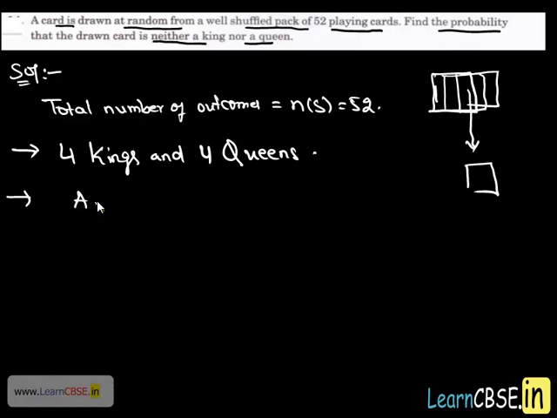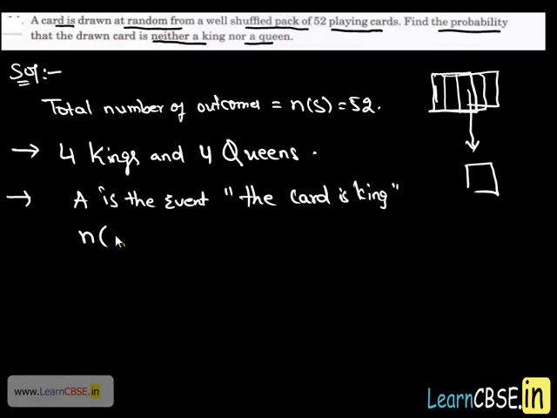If we take A as the event which denotes the card is king, then the number of possible outcomes to the event A is 4,